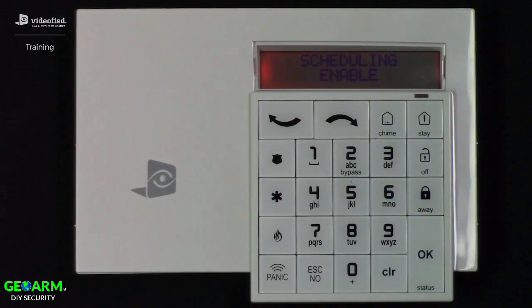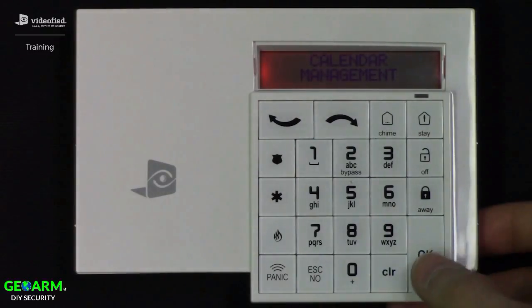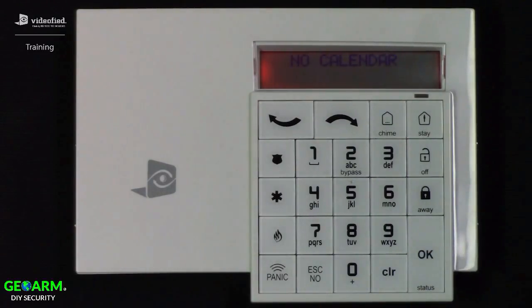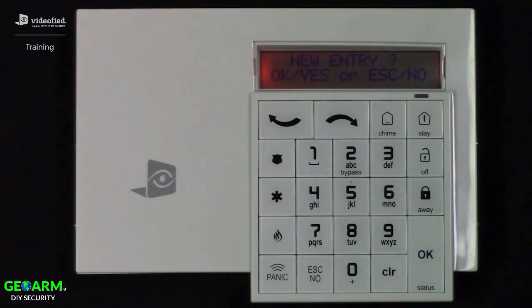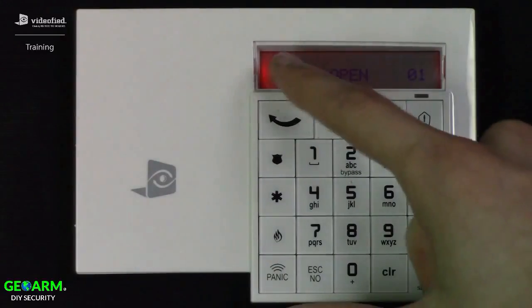And next we're going to right arrow to calendar management. And this is the menu where we're going to configure the individual calendar entries for our schedule. So we're going to press OK to enter this menu. Because there are not currently any calendar entries set up in the system, it's going to bring us to the new entry screen. And we're going to press OK to create one,